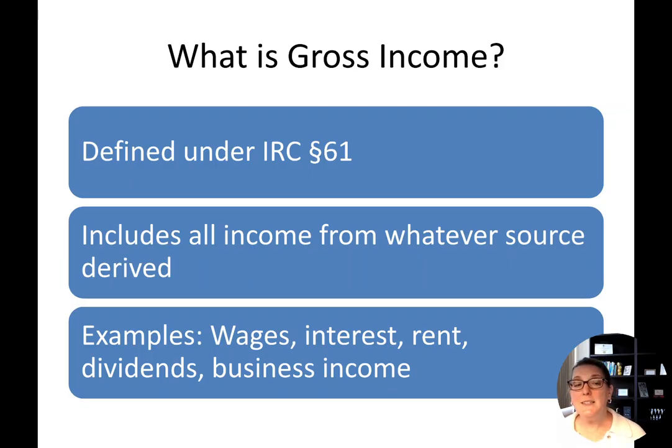So the tax system assumes that if you receive something of value, whether it's cash, property, or services, you likely have income. Even if you barter services, those are considered income. For example, if a personal trainer trades services with a massage therapist, each of them must include the fair market value of the service received in gross income.